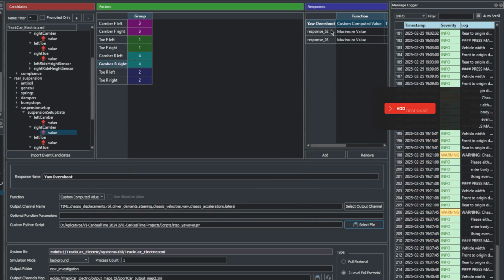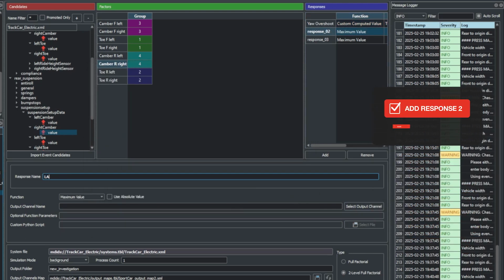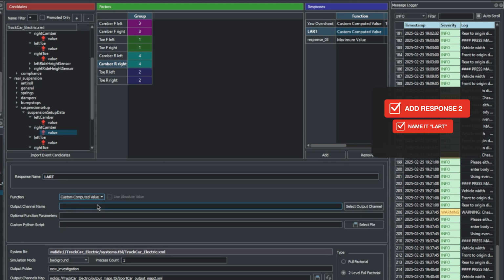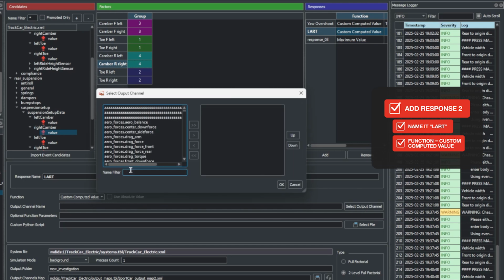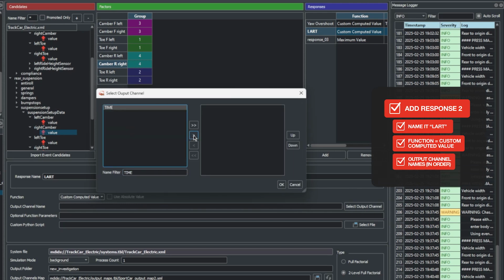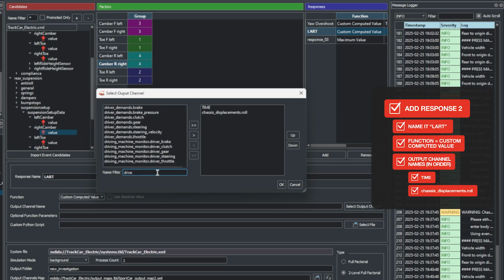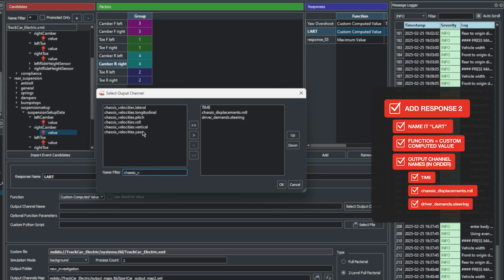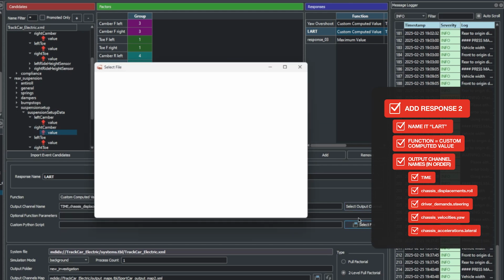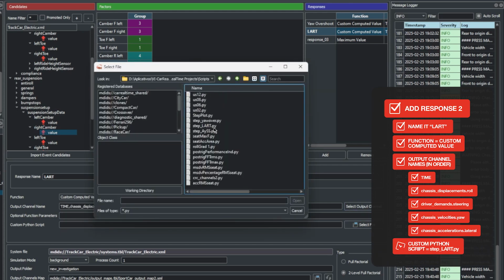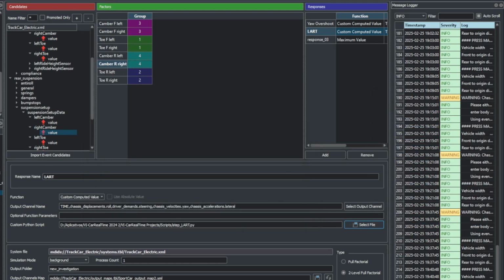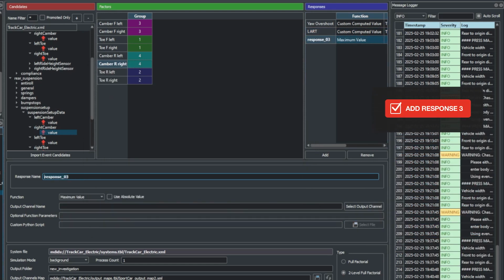Add the second response and call it LART, which stands for Lateral Acceleration Response Time. Set it as custom computed value, add the same output channels as before in the same order. Browse for the step LART Python script, add the last response and call it AYSS, referring to the lateral acceleration